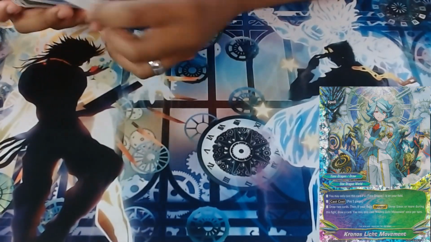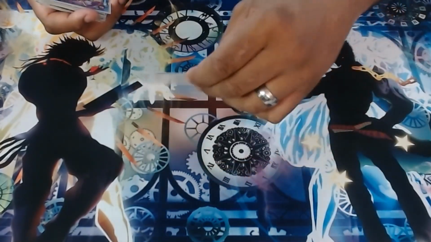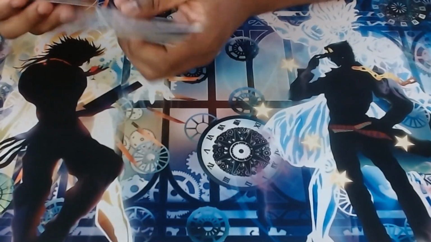And for even another consistency, our nice 1 clone. Pay 1 gauge. Draw 2. Reverse 3 more times. You draw another card. Next up is